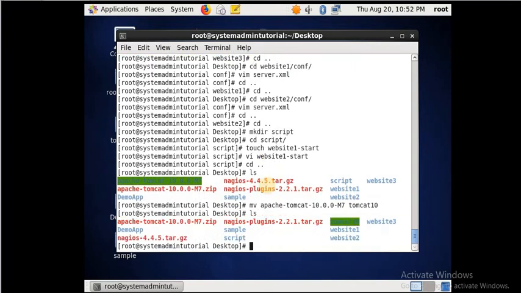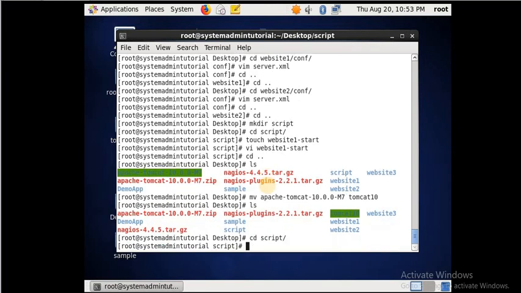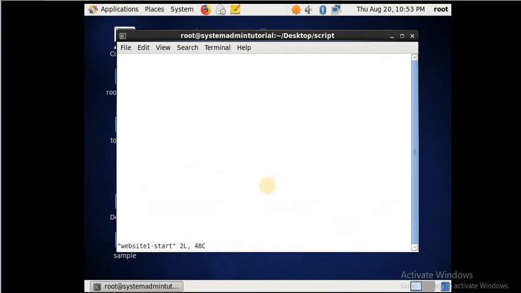Tomcat 10 is there. Now we'll edit this. Inside this we will add the name of our Tomcat.